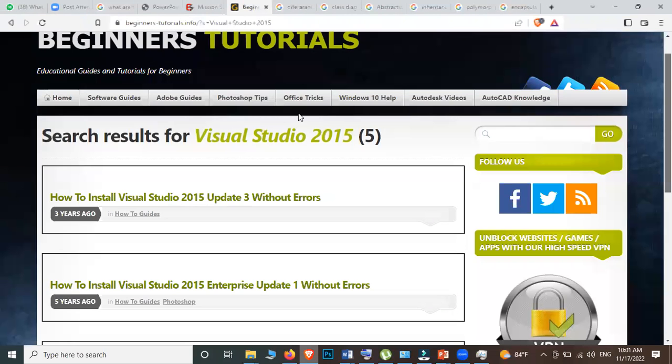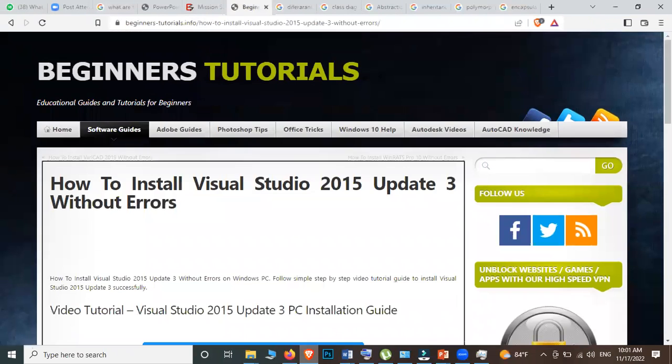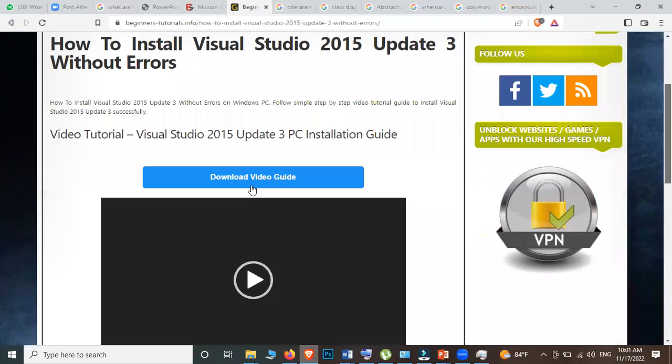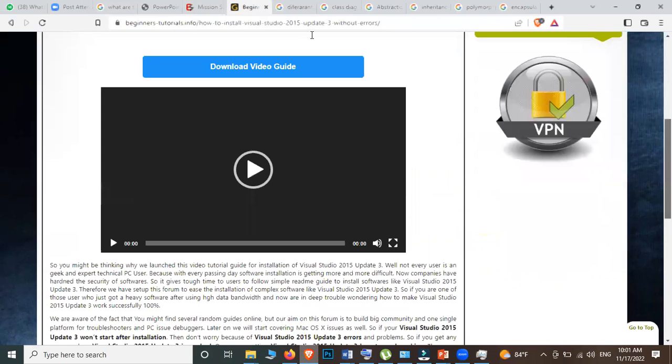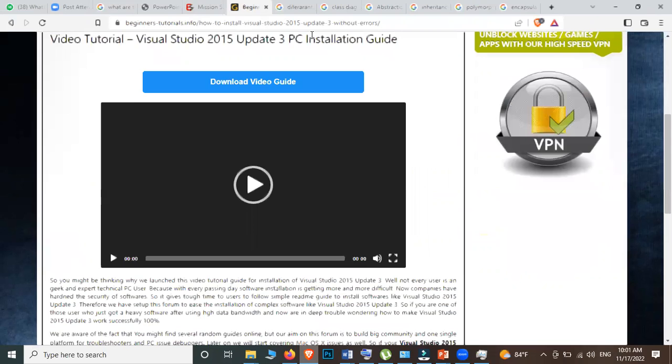If not, it will ask you to watch the video before you install it. Yeah, download video guide. Through this you can watch the video and understand how you have to install it and everything. They will clearly give you the idea of what you have to do. Once you understand how they are doing everything, you can install it by yourself. No need to go to someone else, or to go and buy it from a shop.